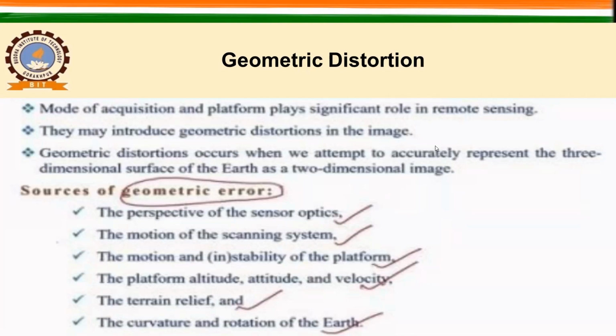ठीक है, हम सभी चीज को डिनोट कैसे करते हैं? 1 पिक्सल से. मैं आपको एक एग्जांपल देता हूं. There is a surface where you can have some houses, okay, and if you have some trees also, so in that area suppose you have a hill, and also you have a house, and here you have some trees. If your sensor is here, and then if it is capturing the particular area with a particular field